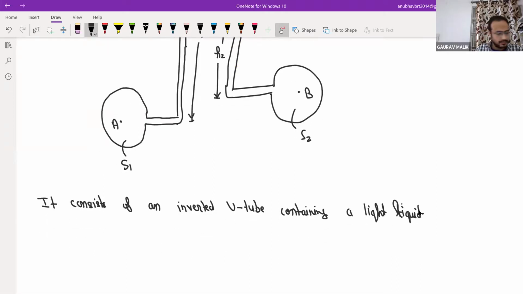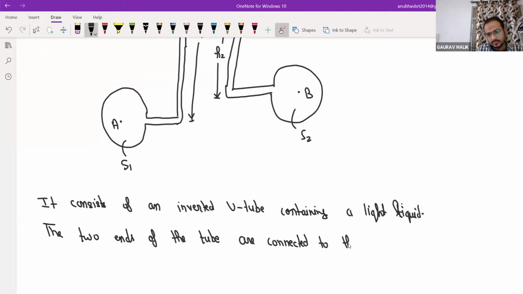A light liquid, and the two ends of the tube are connected to the points whose difference of pressure is to be measured,